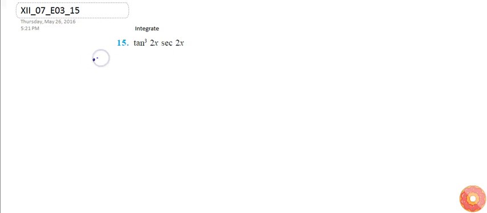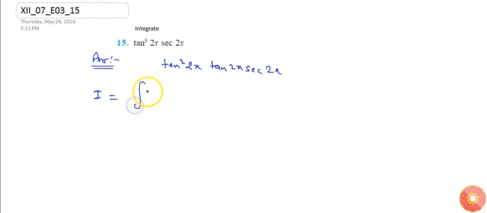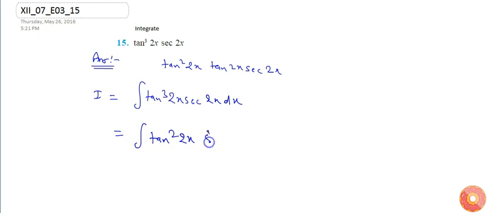In this question, first I need to arrange the expression such that I can use the substitution method. So if I arrange the expression, our I is the integration of tan cube 2x sec 2x dx. So if I arrange it as tan square 2x, tan 2x sec 2x dx, and change the tan square 2x